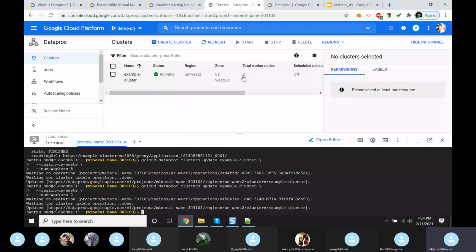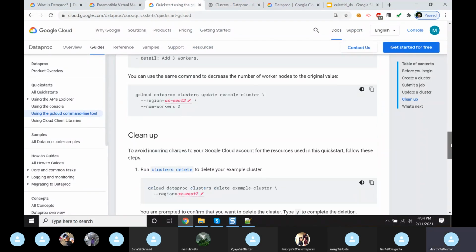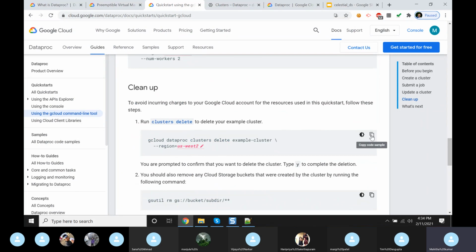The worker nodes are 2. So we can delete using this one.